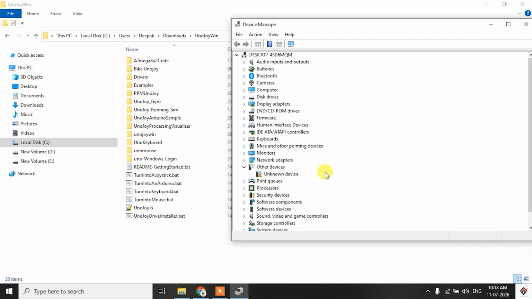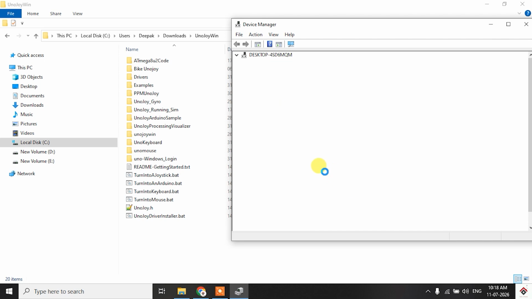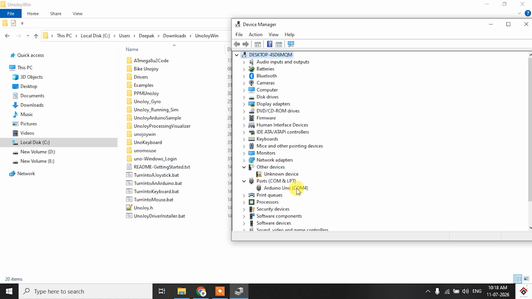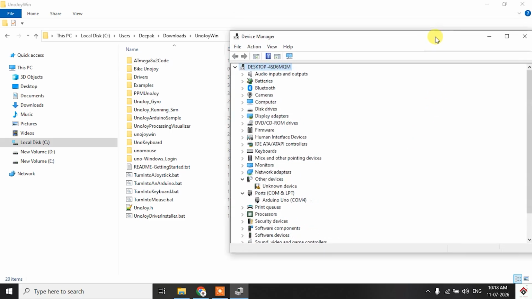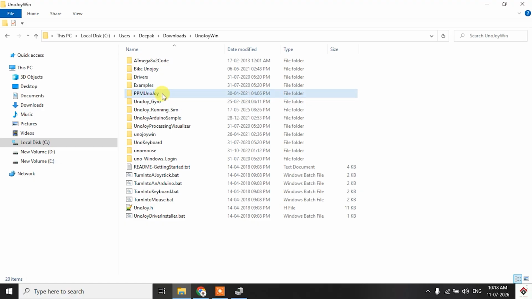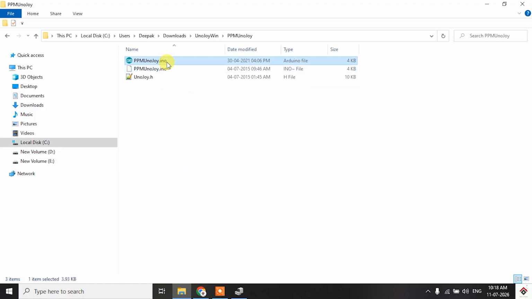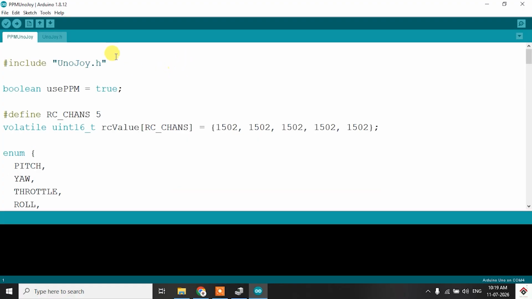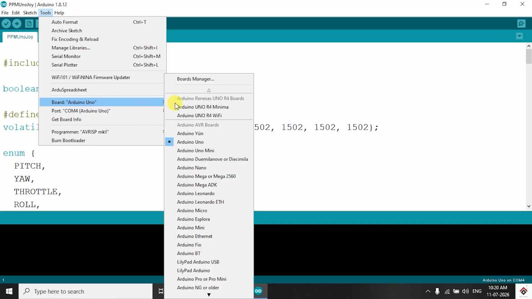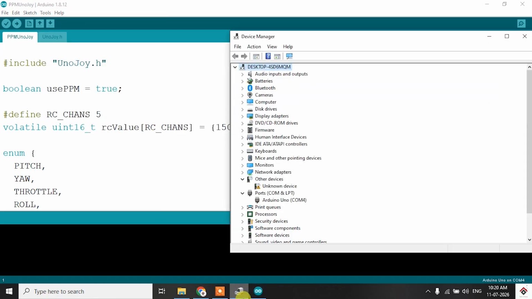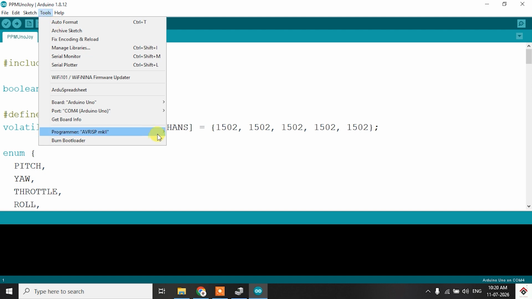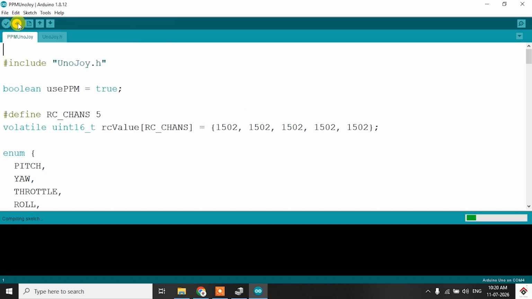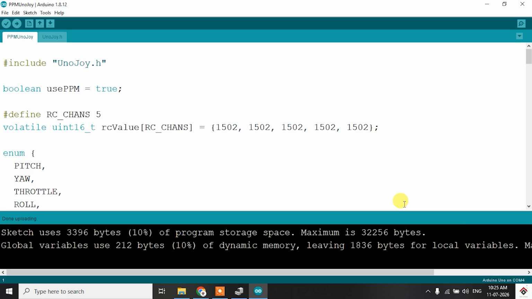Now I'll connect my Arduino Uno board to the computer, and upload this PPM Unojoy code. Make sure you select the proper board and the COM port. After uploading,